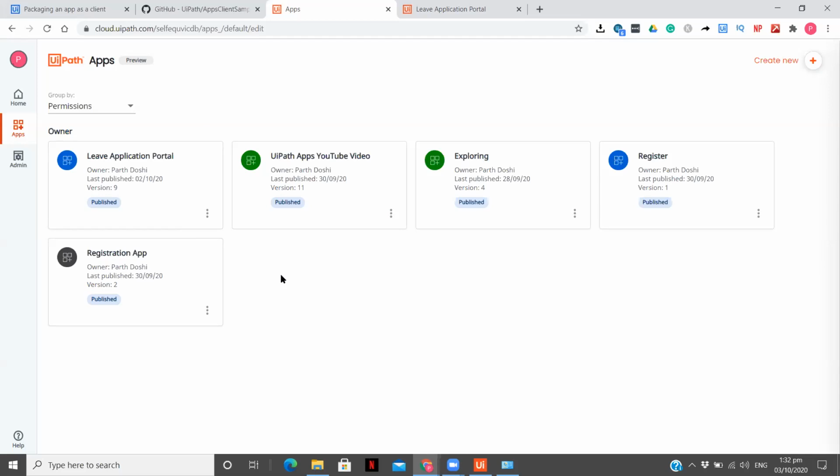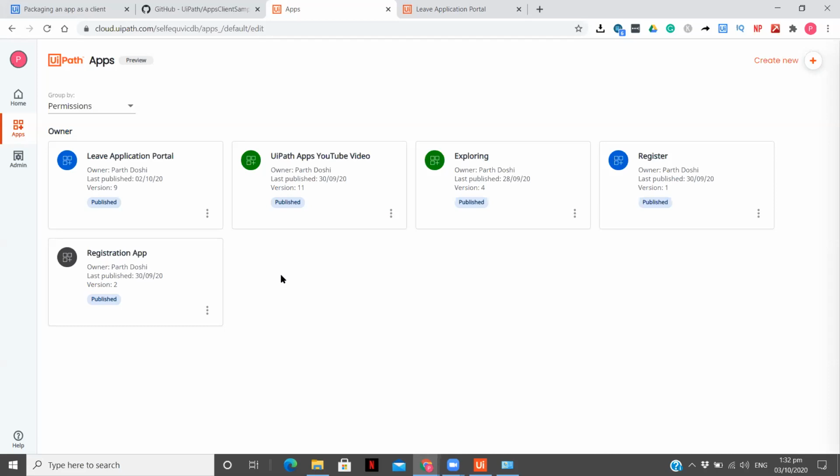We are going to convert this complete app into an exe application. We are going to build a complete application that can be installed on the client machine, and we are going to see how we can directly run it instead of opening this website again and again. Once I have my application developed, I will have it on my desktop and I can run the workflow anytime I want.